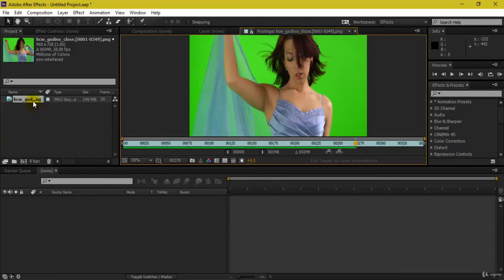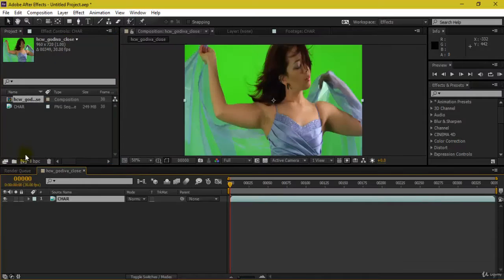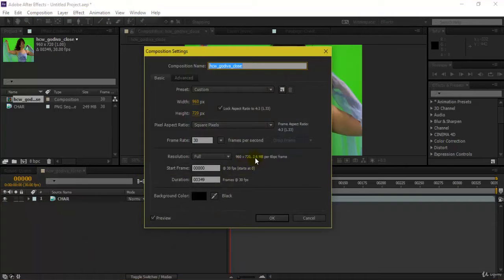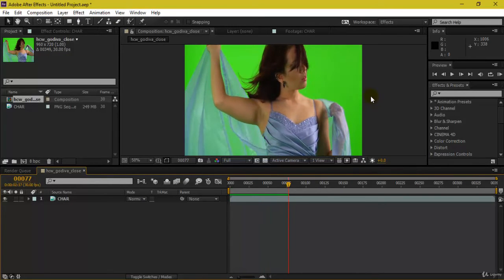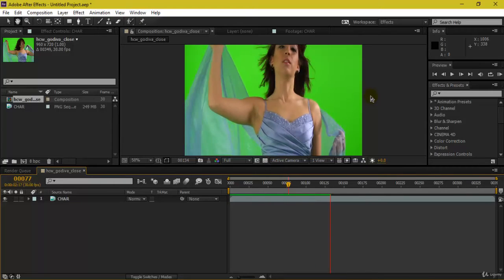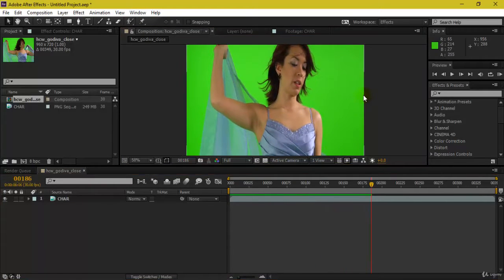The next thing I'm going to do is rename this, maybe as plate, or maybe I can make this char, which means character, and then I'll drag and drop it right over here so that it creates a new comp according to its dimensions. If you want to see the composition settings, press Control K, and it's exactly the same as your original footage. The rest of the things remain the same, and we have now got this into our composition. This is how it actually looks if I go to fit up to 100%.